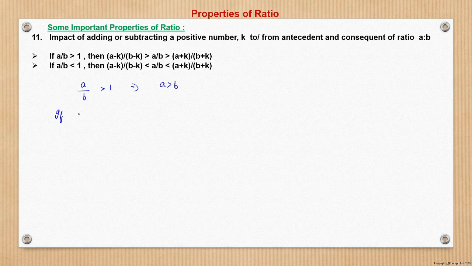So if K is subtracted from numerator and denominator, so the ratio becomes A minus K upon B minus K, right? Now see, K is a positive quantity and A is more than B. So tell me, if A is more than B, K upon A will be a lower fraction or percentage than K upon B. K upon A will be lower than K upon B, right? Because A is greater than B.